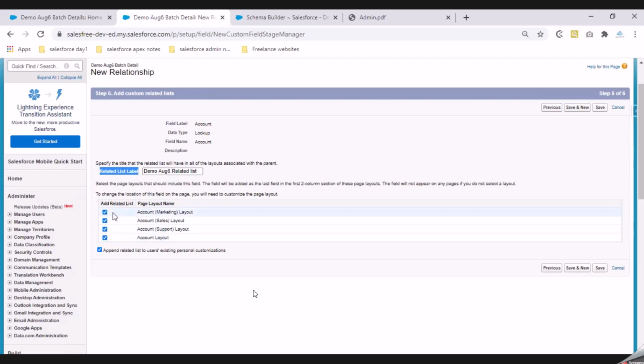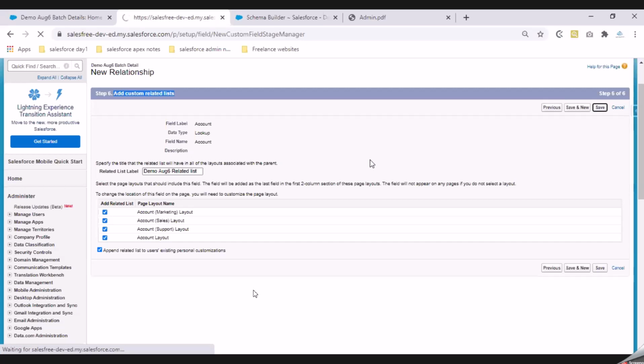All right. So we'll see this, add a custom related list to the account page layout, shortly. But what I want you to do is remember this name on step 6, which says add custom related list. We'll revisit this point in the next couple of minutes. All right. So this is your field creation process. So what I'm doing here is I'm clicking on save.